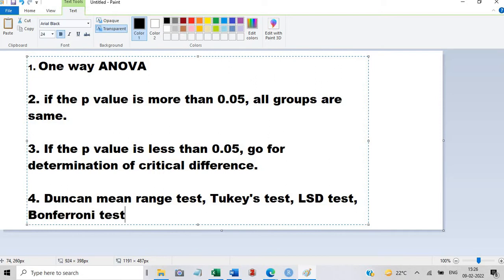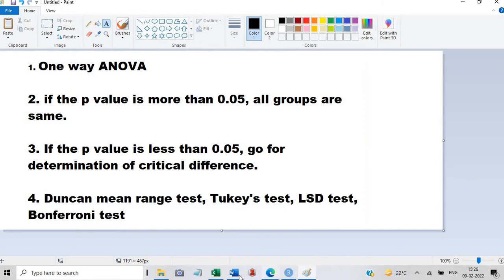There are many ways how we can determine the critical difference. Determination of critical difference in Excel is very difficult, so that's why I'll show you in the R software. It is easier. In the R software, I'll show you how to use these two methods, Tukey's test and Duncan mean range test. So let us proceed with that.